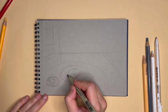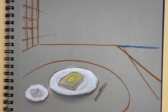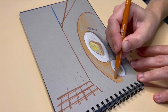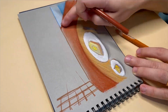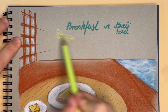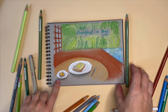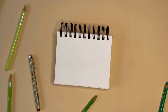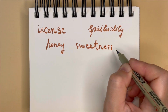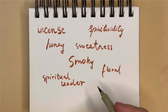When my mind brought up memories about tiny packets of artificial honey, I started thinking, what hotel could host such a smell? Where do people go to have their sweet yet spiritual experiences? Maybe topping your buttery French toast with honey in one of the hotels in Bali would smell similar? Okay, so I have these keywords so far: incense, spirituality, honey, sweetness, smoky, floral, spiritual leader, out of nowhere, and